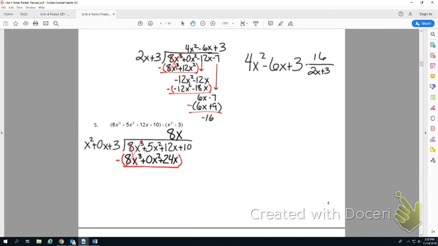Okay, so why is it okay for the divisor to have no x squared, but it's not okay for it to have no